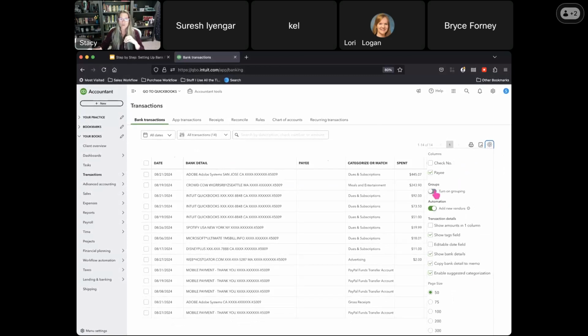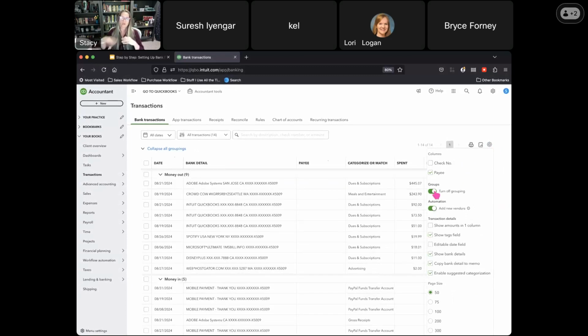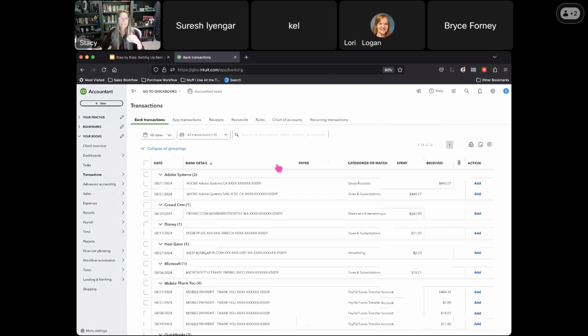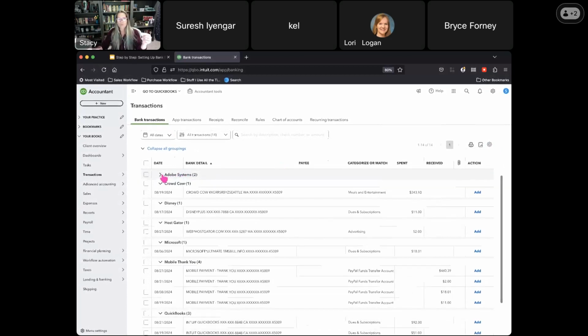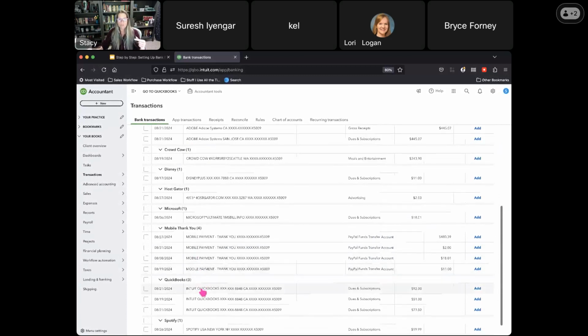The other thing that I like to do is go to this grid gear icon, and I like to turn on grouping. This makes it easy for me to deal with like transactions. The grouping is basically like the sorting. So if I say I want to sort by bank detail, it's going to group. You can see it's saying, okay, there's two things that are Adobe, there's a bunch of payments,